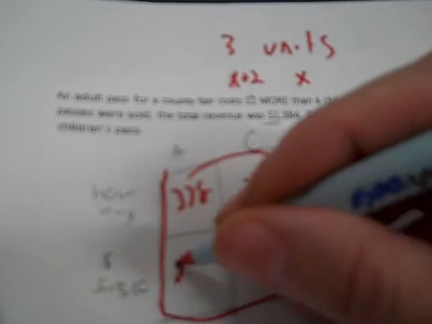Now it says the adult passes cost $2 more. So X plus 2 goes for adults and the X goes under children. Now we can cross out the 2 more. And now I have a total money amount of $2,384. And now I can fill out the bottom. I can take 214 times X, and that's just 214 with X on it. And then times this, you want to put a 1 in front of the X, and then draw your rainbows, okay? So 378 times 1 is 378 with X, and then you write a plus sign, and you take 378